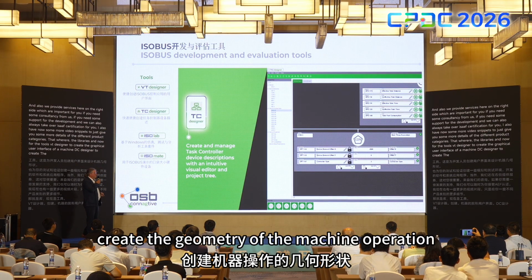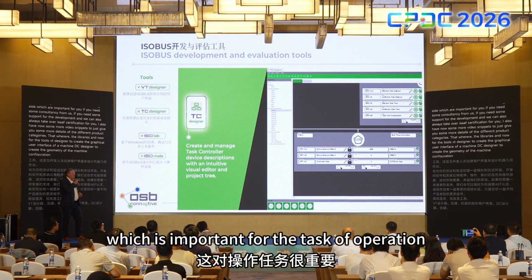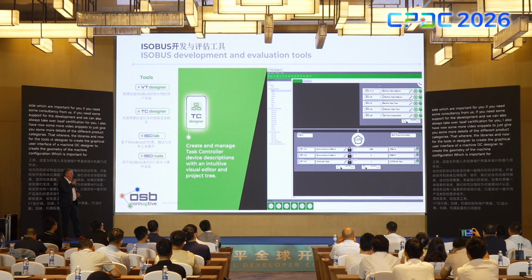Geometry of the machine configuration, which is important for the task control functionality.